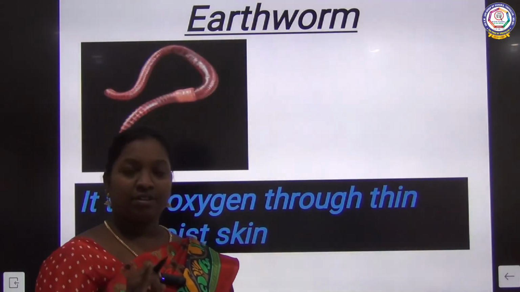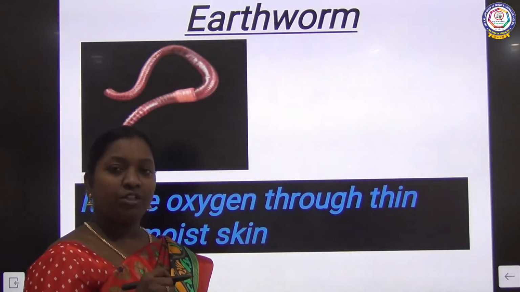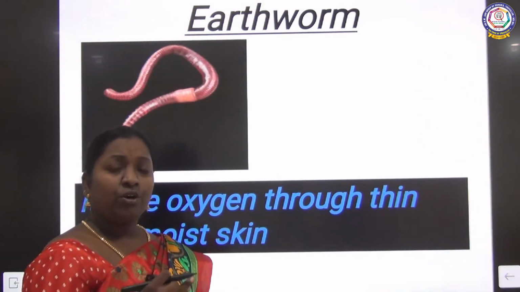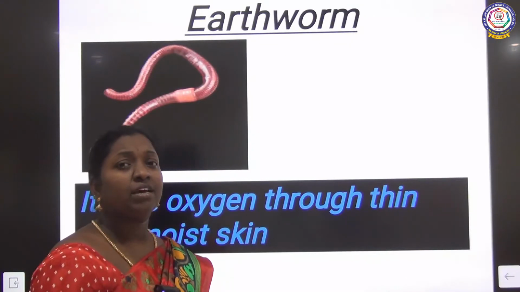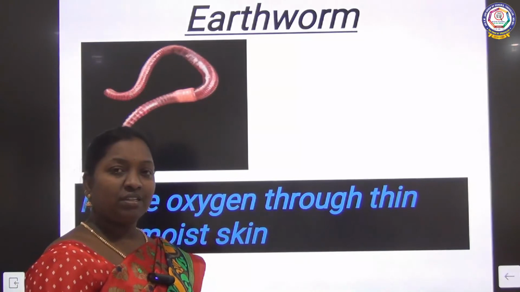So first we discussed the tiny organism amoeba. It breathes through its body surface. Next we saw insects. Insects breathe with the help of spiracles. Next is the earthworm. We would have seen this earthworm